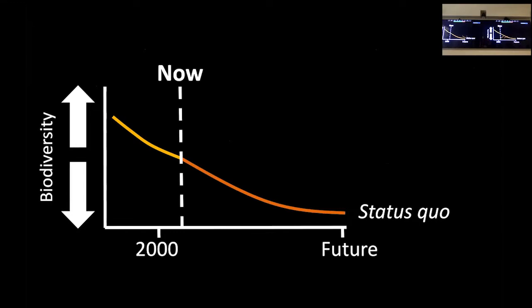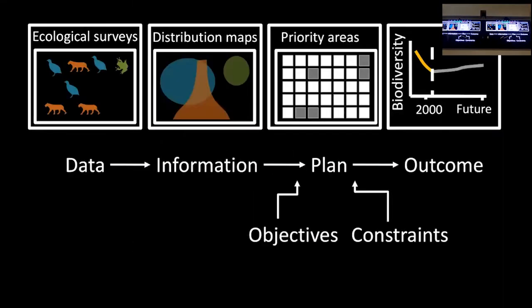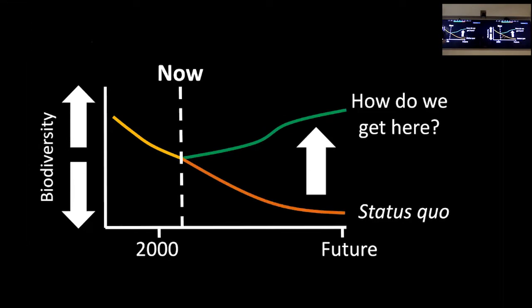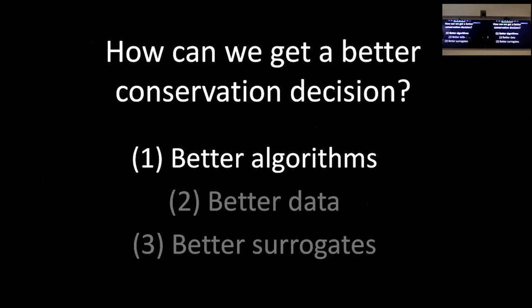So we're in the middle of a biodiversity crisis. Over the last few centuries, a great many species have gone extinct, and we're at this point here where we can either do something, and if we don't, things are going to get worse. In conservation, we ideally want to halt and reverse these declines so we can get up here, so we can improve things. And the question is, how do we achieve that? So I'm going to talk about how we can make better decisions about conserving biodiversity, and I'm going to talk about 3 potential ways you can do this. There's many other ones, but this is what I've been working on.